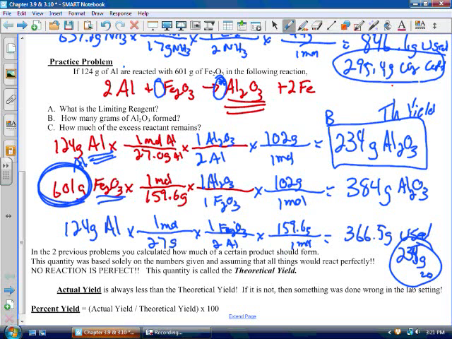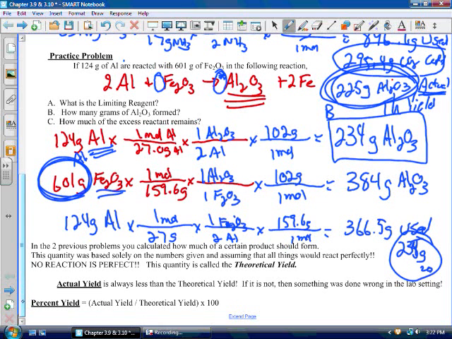The amount that we get when we carry out the lab is called our actual yield. So if I took this lab and I carried it out, and let's say I did the reaction, and in the end, I get 225 grams of Al2O3. All right, so that's what I actually got. And I know things are cluttered there, and I apologize for that. So if I actually get 225 grams, and I was supposed to get 234, one of the things we need to calculate generally for purification's sake and some of the other issues we look at later on is what's called a